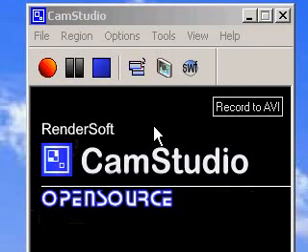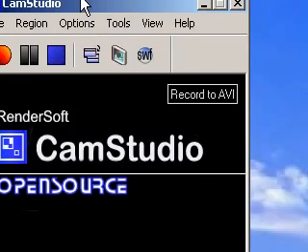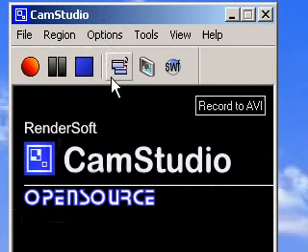In this tutorial, I'll be showing you a little known program called Camstudio. Camstudio is the program I'm using right now to capture what you're seeing. Everything I move on this video is captured by Camstudio, so it's a screen recorder. It's absolutely free. It's open source, so you can see the source code for it, and it's a really great